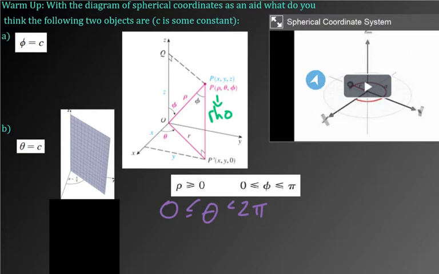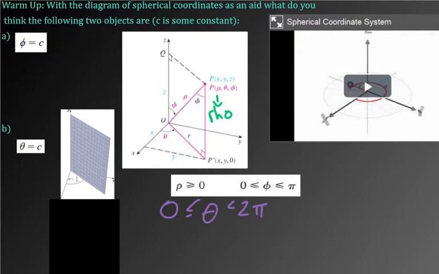I can't show it here, since this is just a screenshot, but I will show a video which I think helps to see how these angles work, and I'll say a little more about it in class. You can imagine that if you let this angle rotate down halfway around, but let this one rotate fully around, and let rho shoot out to infinity, you should be able to get all of 3D space. And that's the idea. To help you understand what these things are doing, I wanted to talk about these two equations. So phi